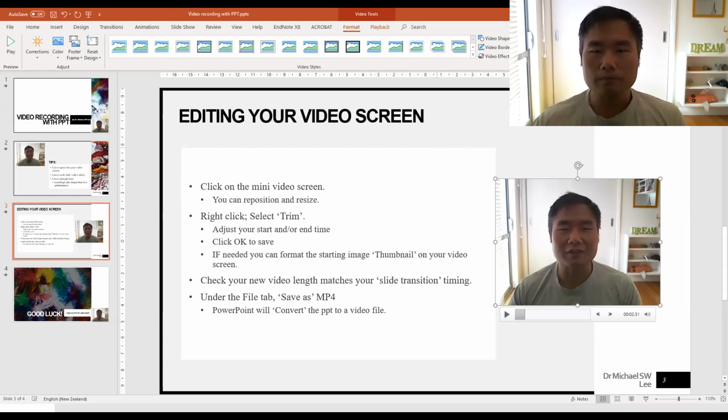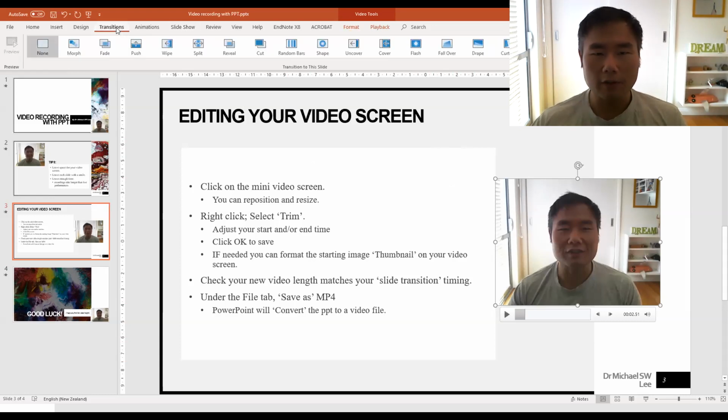Okay, so what that means is when you come up to your transitions tab on PowerPoint, you want to check that the slide transition length, 21 seconds and 28 microseconds, matches the actual length of your video. The actual length of our video, as you can see, is 18.75 because we trimmed it. So if you don't change your slide transition timing from 21 seconds to closer to 18 seconds, maybe give yourself 19 or even 20 seconds, what that will mean is when this video ends